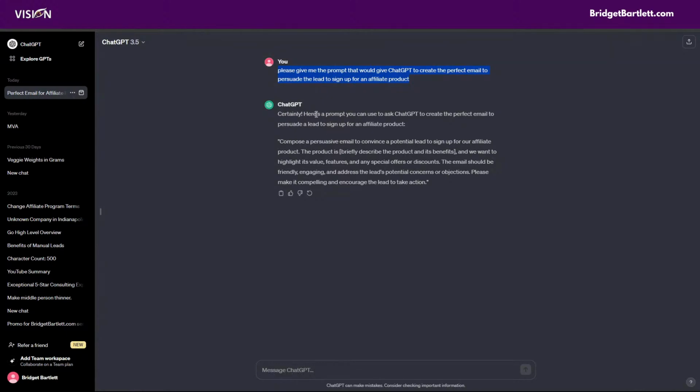And then ChatGPT said, this is a brand new chat. I have not trained it on anything. So ChatGPT creates the prompt, and it says, certainly, here's the prompt. Compose a persuasive email to convince a potential lead to sign up for our affiliate product. The product is, and then there's brackets, and we want to highlight the value, the features, and so on. So what I would do is I would actually copy this,